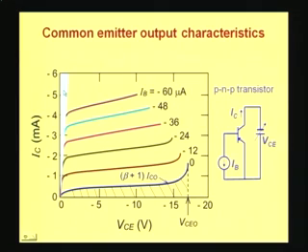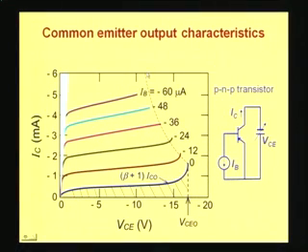The reason why it is called saturation will become clear, but this is the region where the collector to base terminal is forward biased. We will see this later, and we will also explain why it is called saturation. Let us identify another important region of these characteristics, and that is the breakdown region. The region to the right of this dashed line is the breakdown region.